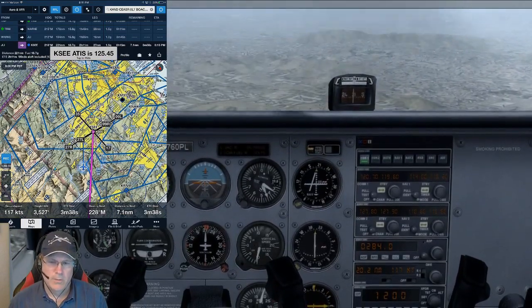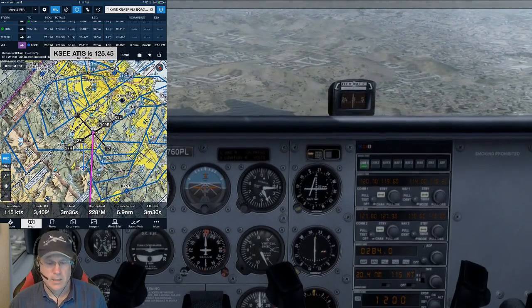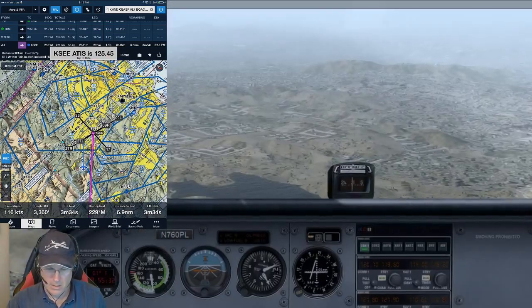So we're going to reduce power to 1700. We're going to go through our pre-landing checks. Gas. Gas is